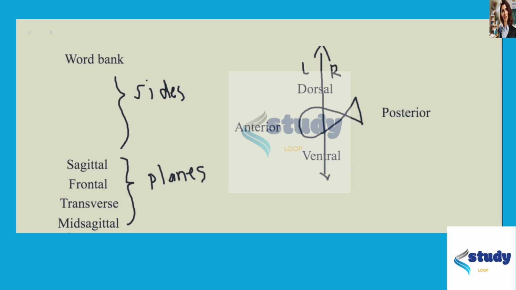However, specifically a mid-sagittal plane is a subtype of a sagittal plane, and that occurs when you take a sagittal plane and you split something that is equally symmetrical on both the left and right side. So if you went straight down the middle of, say, a human or a goat, that would be specifically a mid-sagittal plane. Now, if you look at a transverse plane, we can see that a transverse plane also goes up and down,